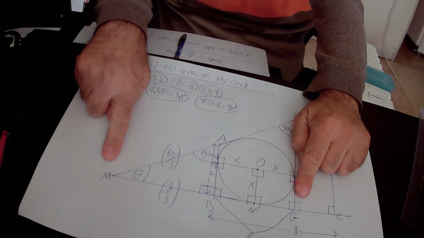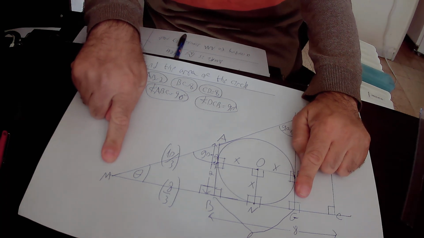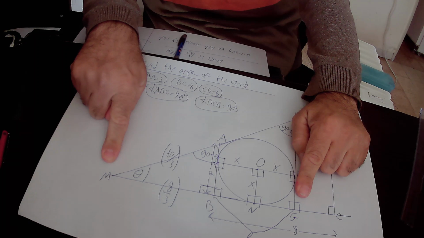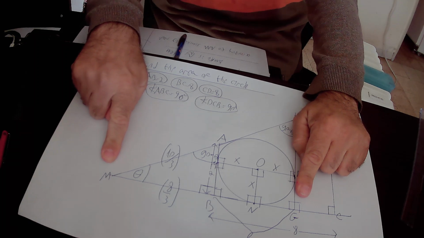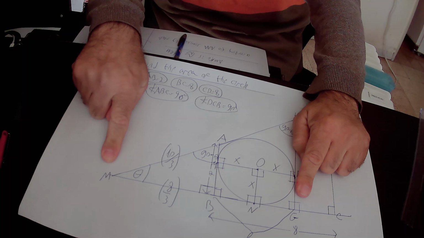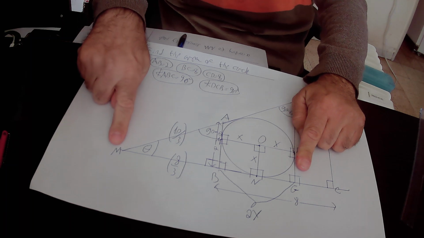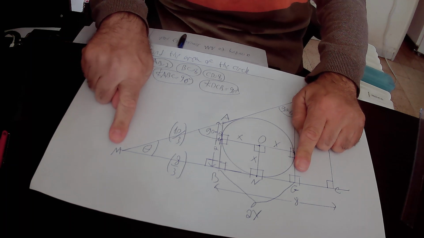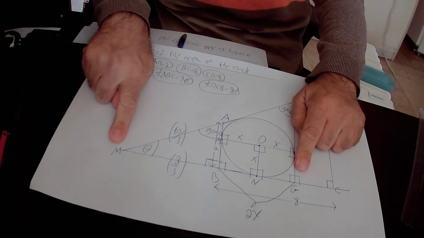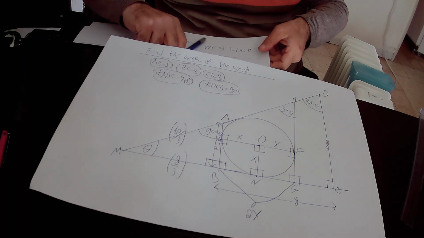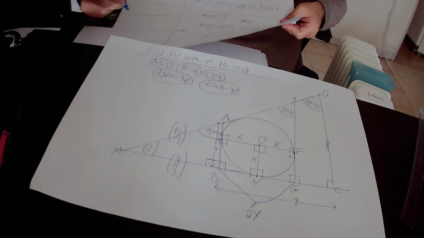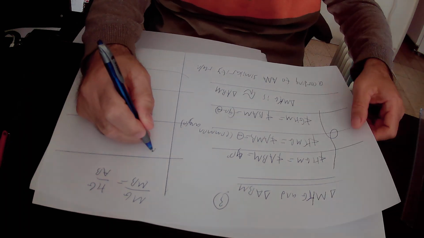MG, from the drawings it's very easy to see that MG equals MB plus BG, that is to say MG equals MB, that is 8 over 3, plus BG, that is 2x. So in total MG equals 8 over 3 plus 2x. Okay, so we substitute MG by 8 over 3 plus 2x